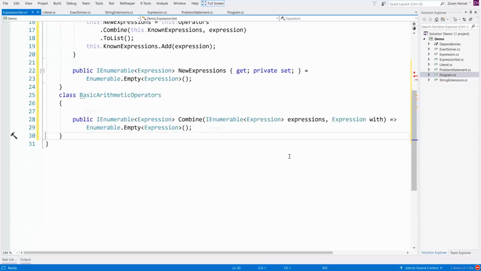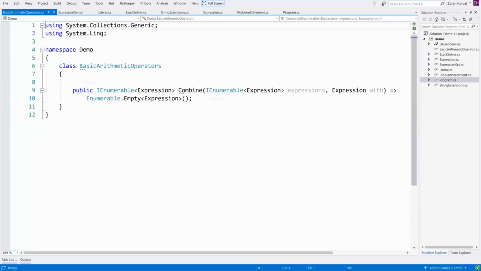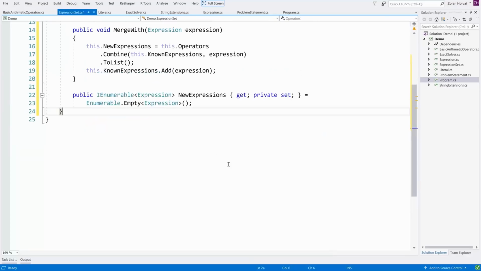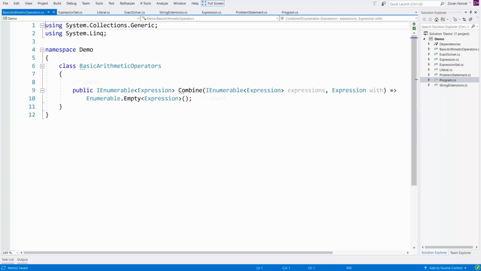So, basic arithmetic operators. I will define them, move them to a separate file. Let's return here for a moment again. Look, this is done. This is also done. This complete expression set is final. I'm not going to change it ever again, except its constructor, but constructor is not part of the public interface. So I have another small isolated component which is done for good and combined with other components to make the